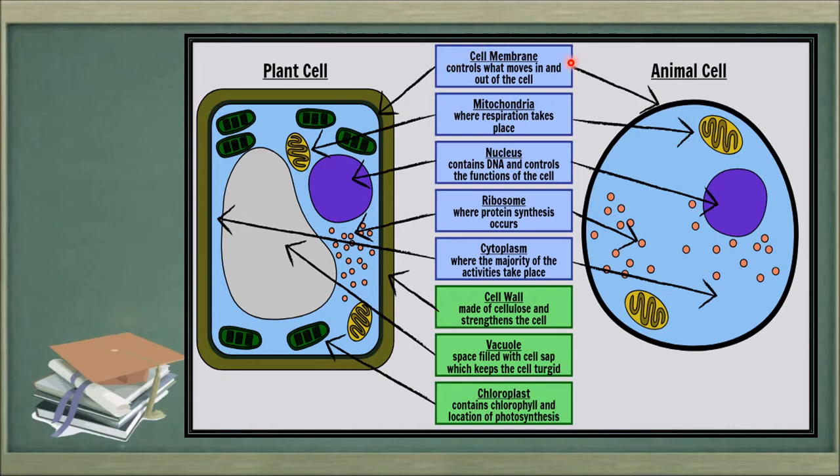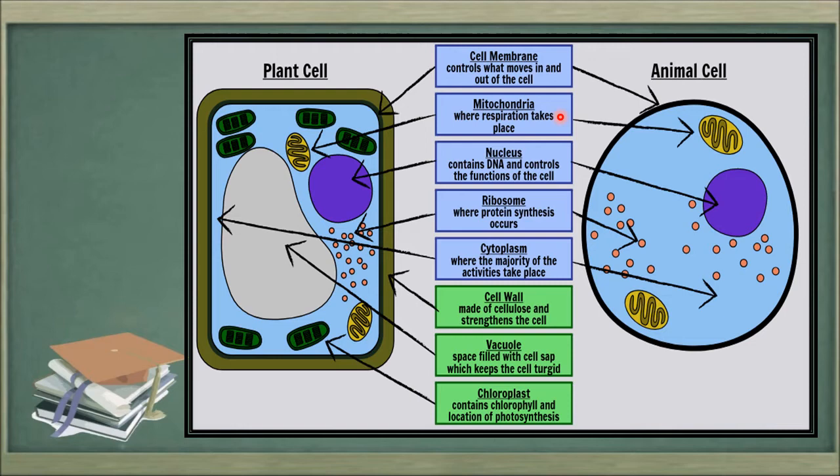What is the function of a cell membrane? To control what moves in and out of the cell. It's the outermost boundary of a cell, so it controls what is going to enter into the cell and what is going to come out of the cell. That's why it's called a selectively permeable membrane. It's selective, it's choosy in nature. It doesn't allow everything to enter into the cell, because if everything enters, harmful things can also enter and damage the cell.